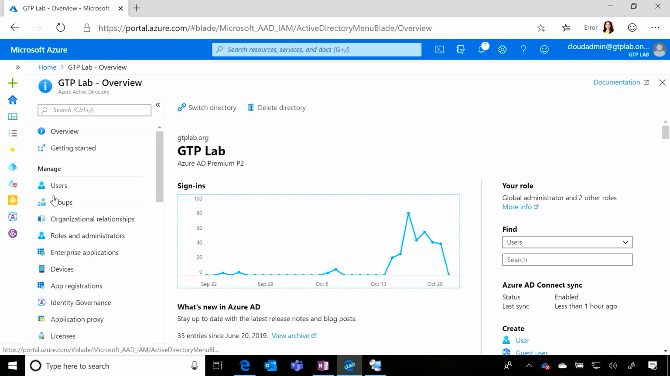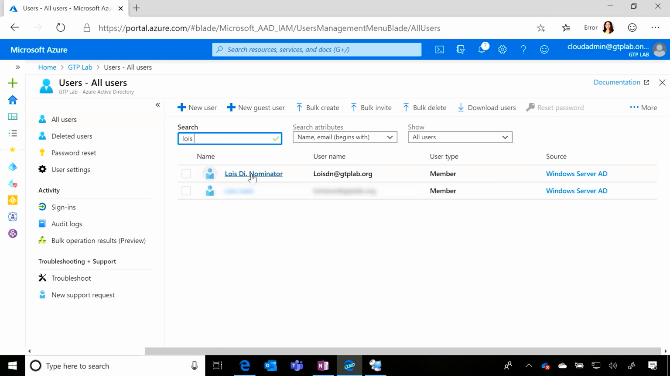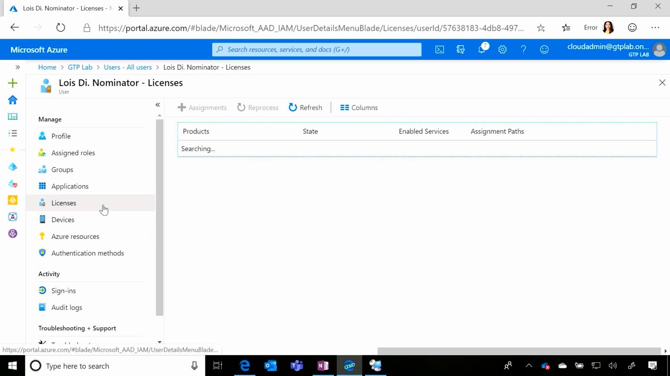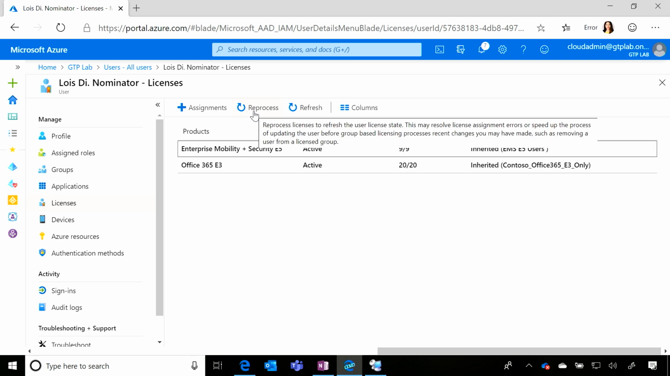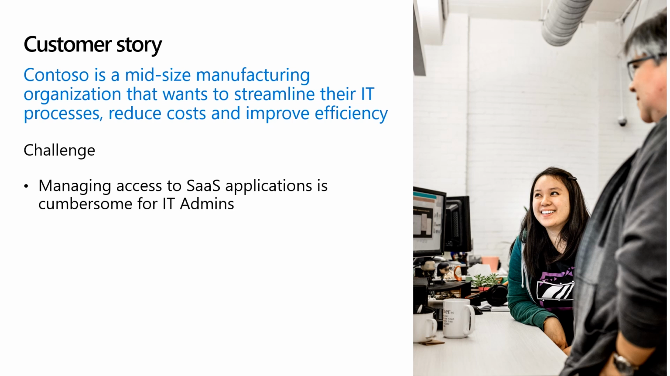I will now browse back to the Users tab, locate the user that I just removed, browse to the Licenses blade, and click Reprocess. As you can see, the Office 365 E3 license was removed from the user because this user was deleted from the group. Now that we've addressed Contoso's challenges with license assignment by introducing group-based licensing, let us shift focus to